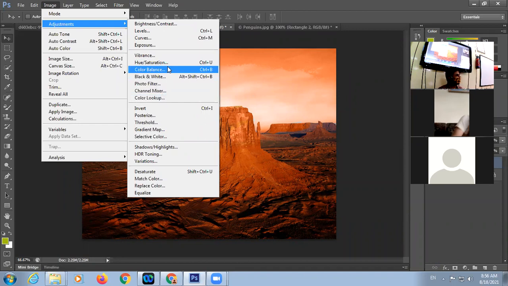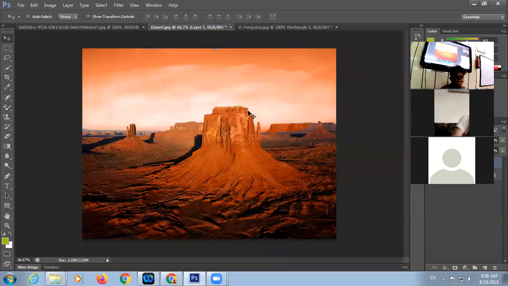With a balance, it will change the amount of RGB color. It means if you want to increase the quantity of red more, okay, or blue less, okay, we can do like this. So here in your book there is a bit of problem with the image.